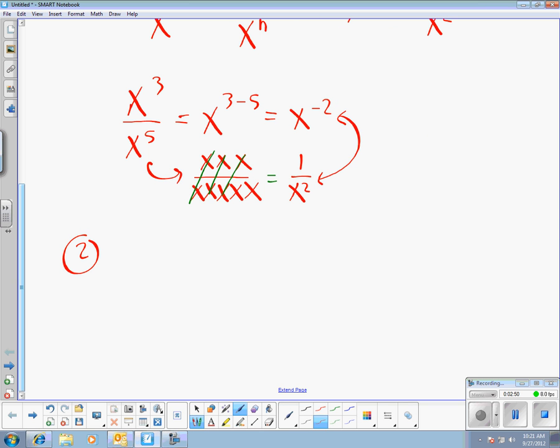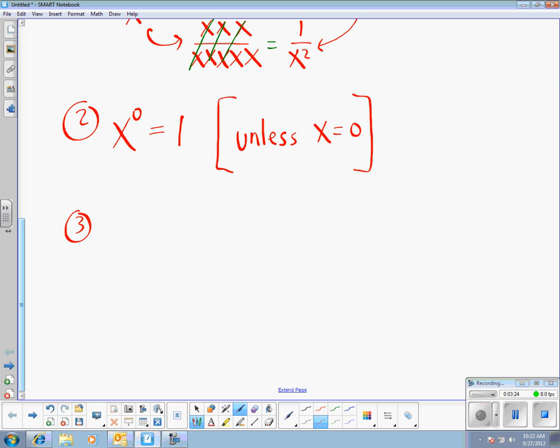Okay, so rule 2. What do we do with 0 as an exponent? You can't multiply x by itself 0 times, but I think I showed this one. We're using the subtraction rule. Anything to the 0 power is always 1. Unless there's one case that's not true. If you have 0 to the 0 power, that's undefined. That's not equal to 1. But anything else raised to the 0 power equals 1. Okay? The third rule